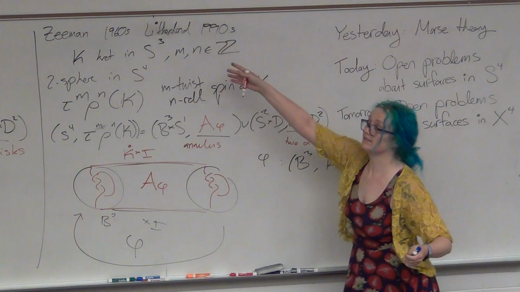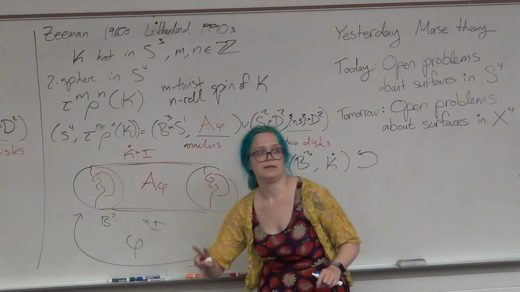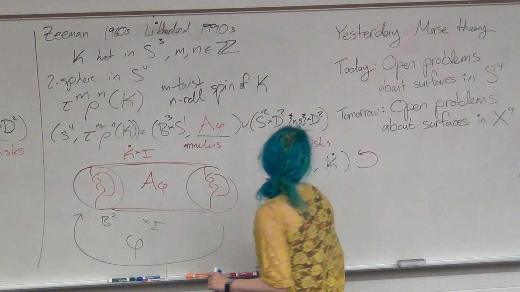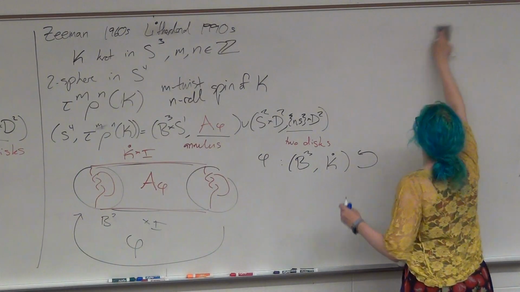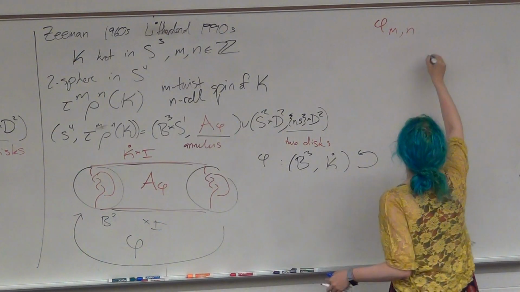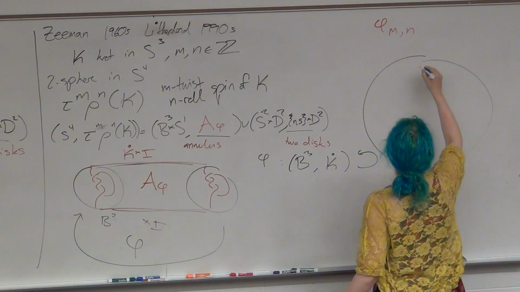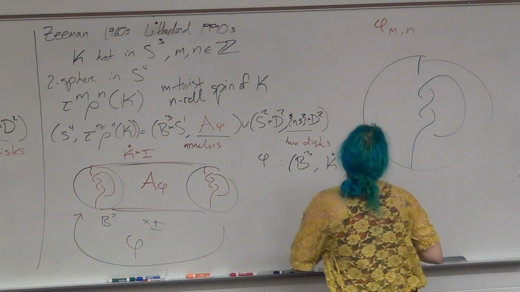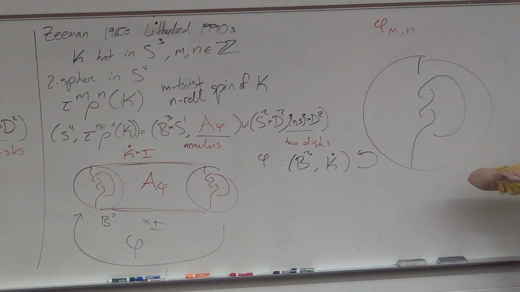This is something that Liverland studies in his paper. But no matter what the knot is, there's a 2-parameter family of homeomorphisms, hence the M and the N, that I can always define. So let me erase my plan for tomorrow, and I'll give you a 2-parameter family. This is phi mn. Here's a blown-up picture of the ball containing the tangle. Phi that depends on M and N is going to be supported, not just the identity,